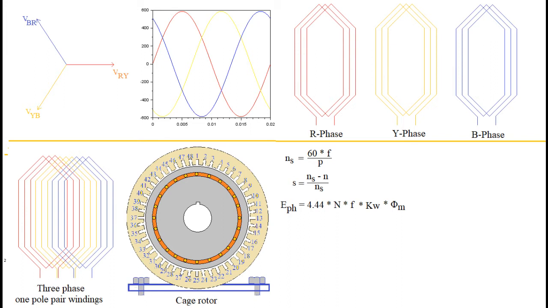EMF induced in a single bar acts on its own resistance and also on the parallel combination of the rest of the bars in the cage. The same thing applies for all bars of the cage. The cage not only has a resistance but also has an inductive reactance. Instead of going into details of the rotor circuit, we shall consider that the rotor has an impedance with inductive nature, so the current due to this induced EMF will lag behind the EMF by some angle.